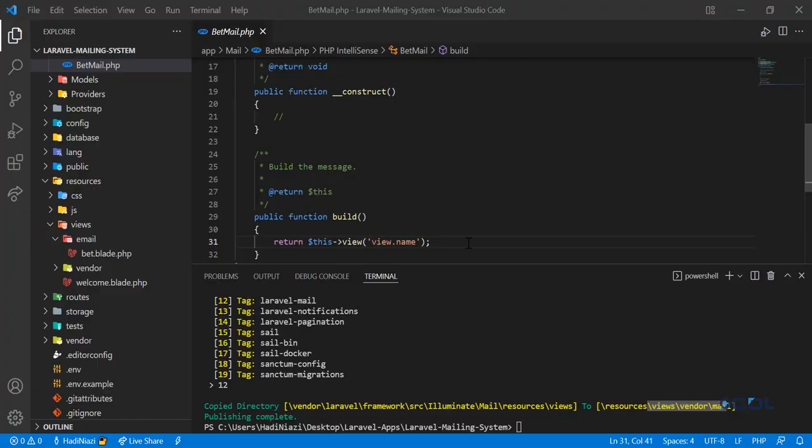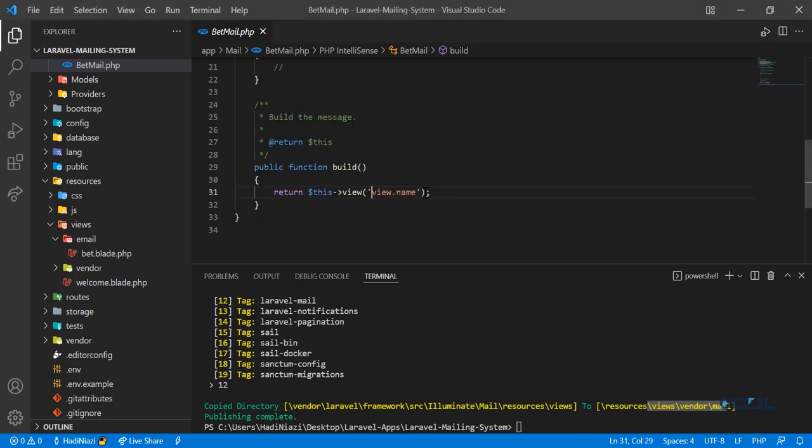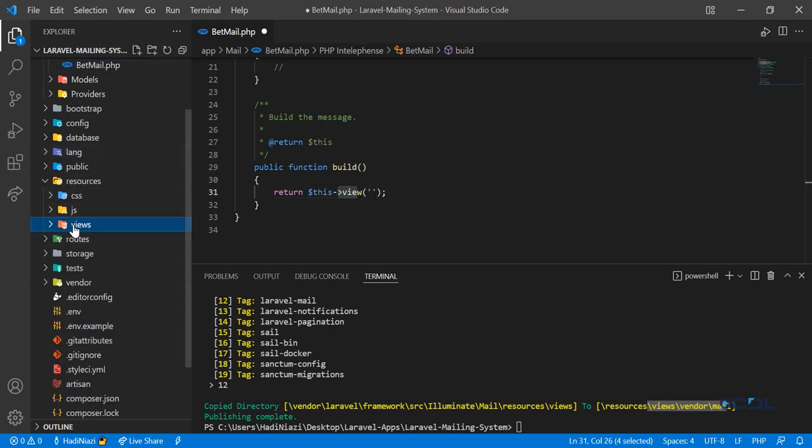Hello everyone. In the previous video we successfully created our mail and we published our mail files. So now the time is to add the custom blade here. So we need to specify our custom blade. So we need to start it from the view file because this view is responsible for coming this inside the